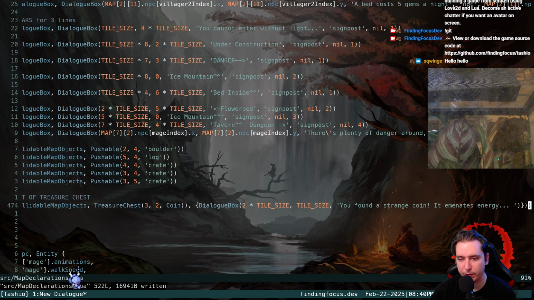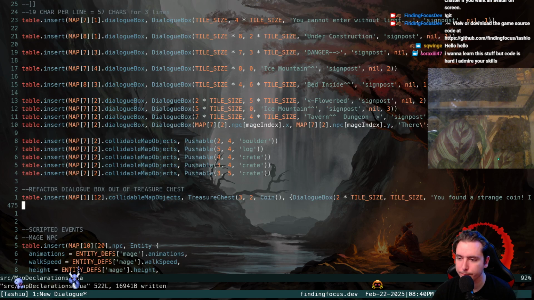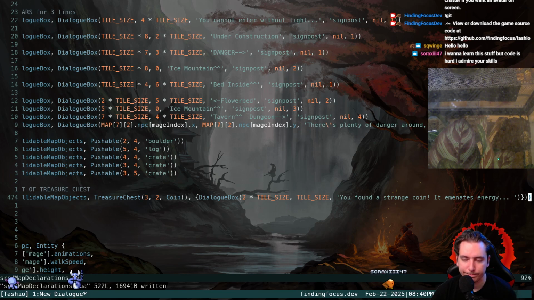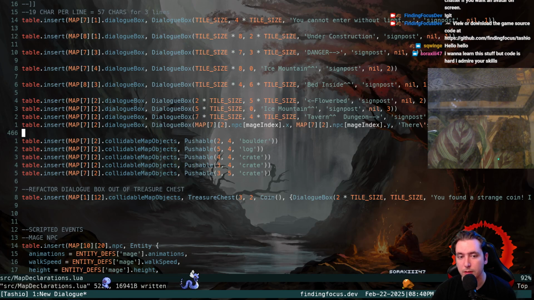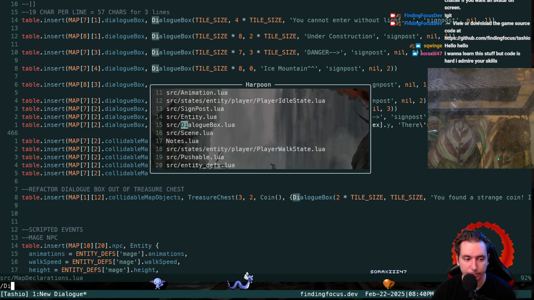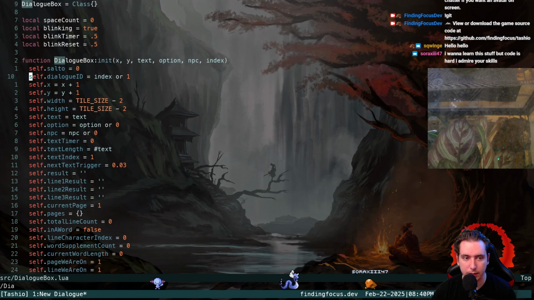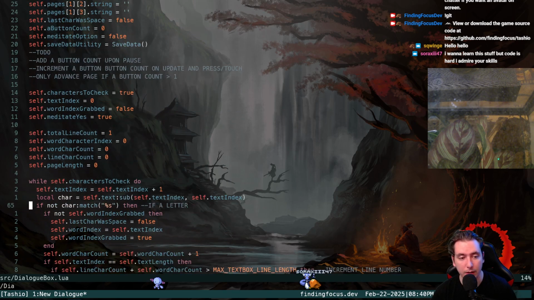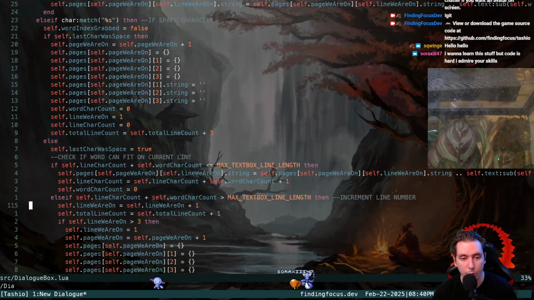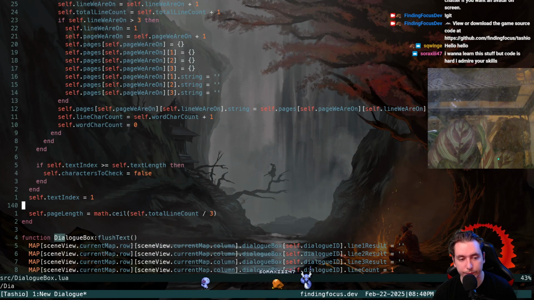So, should we get pausing working first? Probably. Okay, so let's take a look. We would need to add a pausing parameter to our dialog box, because basically all that's happening is if there is a dialog box that we choose to trigger, it just updates and renders the dialog box. So we can either only do the update